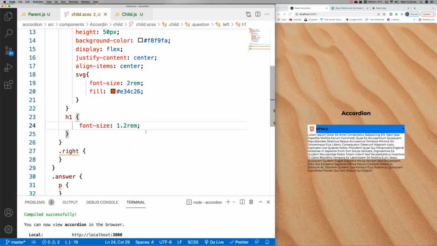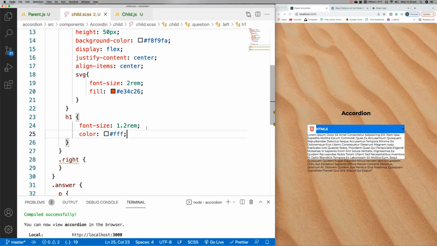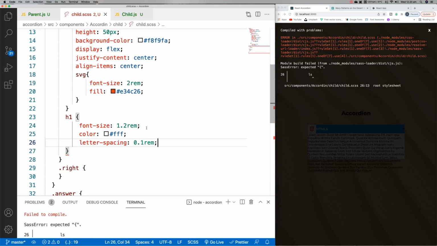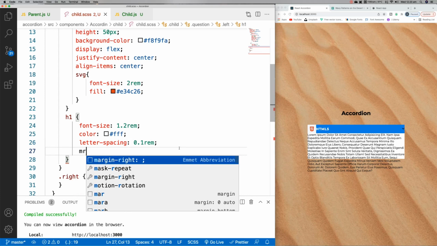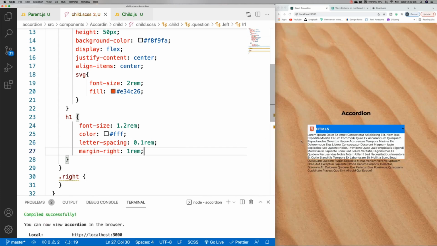Okay, now giving color and letter spacing say 0.1 rem. And I'm giving some margin because this icon and HTML are very close, giving margin left